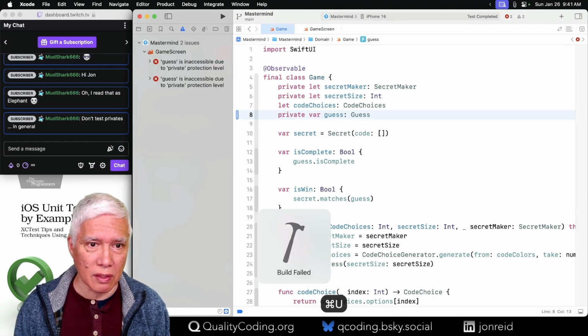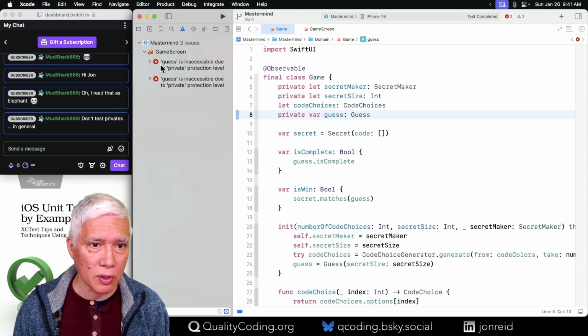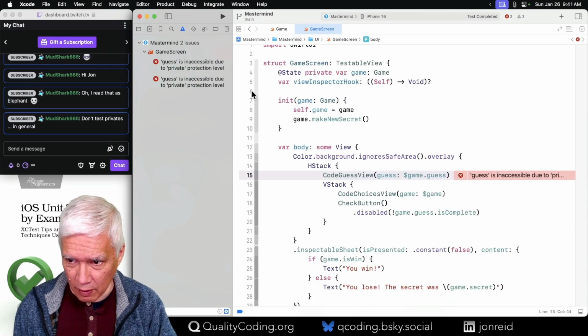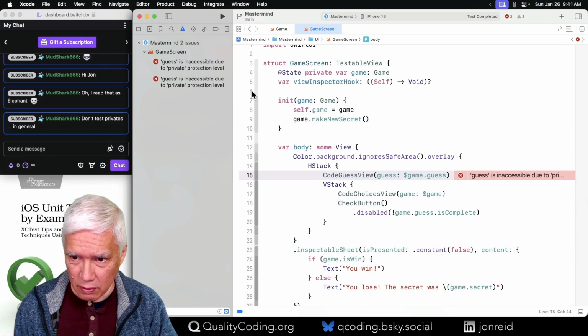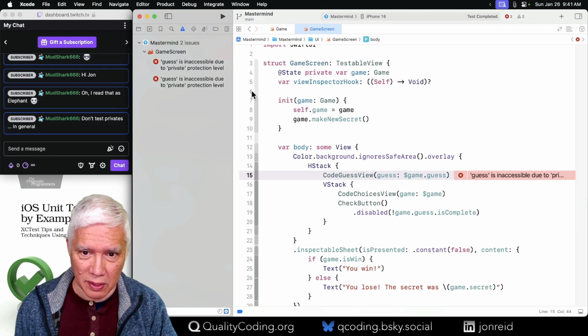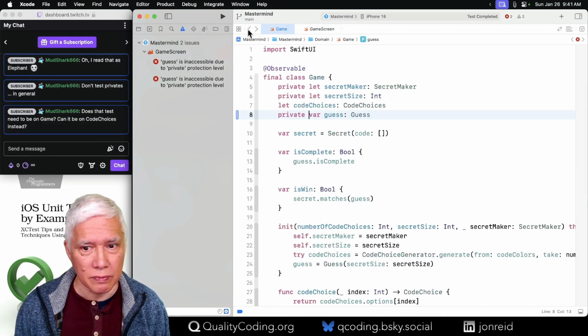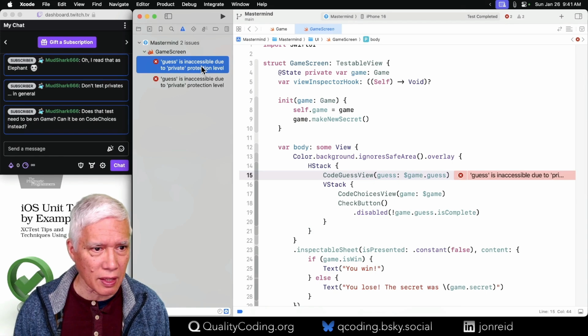The guess itself is also used by the game screen. Let's see how. Okay. I don't like that it's exposed as a var, that we have basically a naked var. Does that test need to be on game? Which test? That's the thing. Oh, so